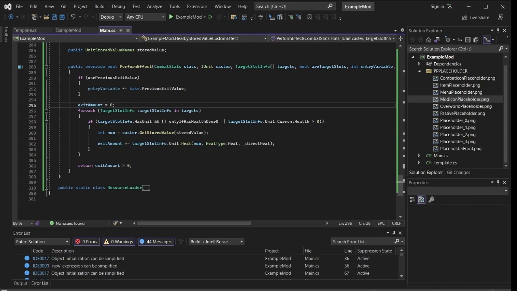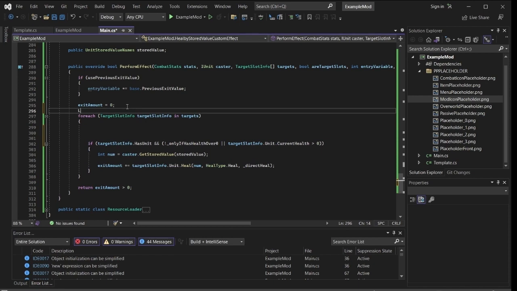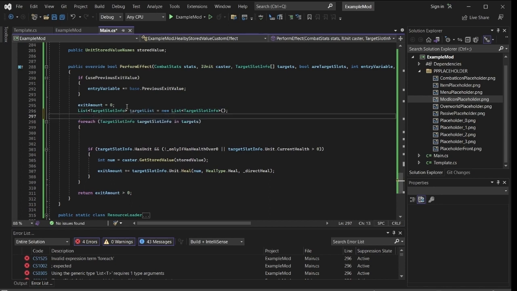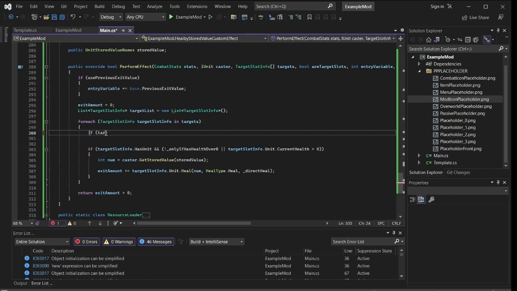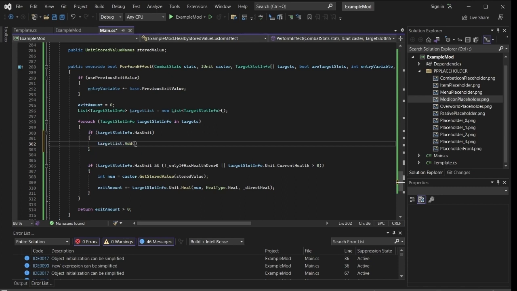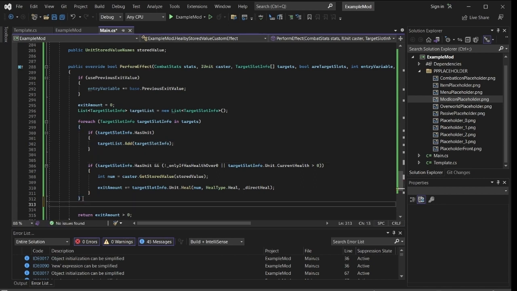We would do something like, for each target slot info in targets, well, first thing we would do is create a list of target slot info. We would set the list, and then for each of the targets, if target slot info dot has unit, we would add it to the list. And then the first thing we need to do is make a check: if target list dot count is less than or equal to 0,